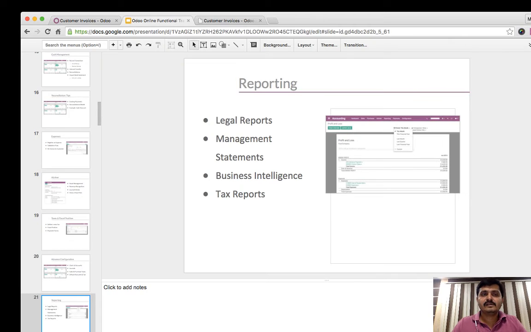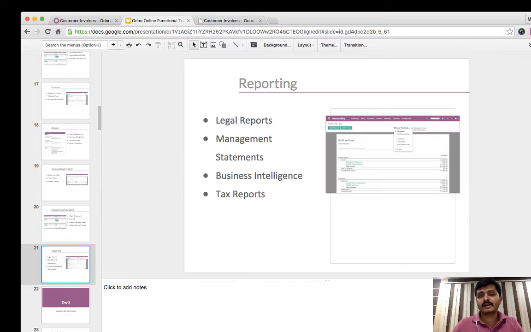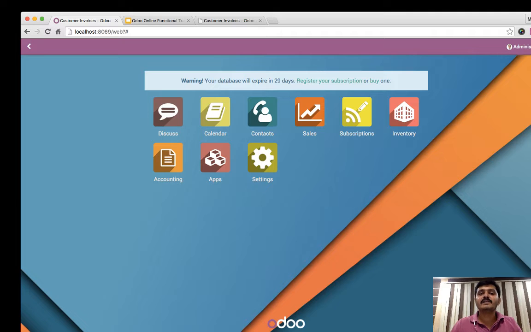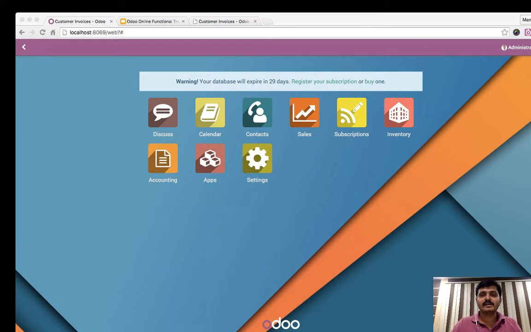Okay, so I think we have finished the accounting part. Now I will show you how we can create an Indian specific Odoo configuration, how we can do this. For that I will create a new database. Let's say India. No, but before that, okay,